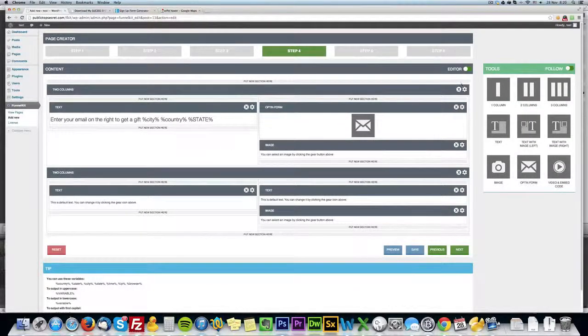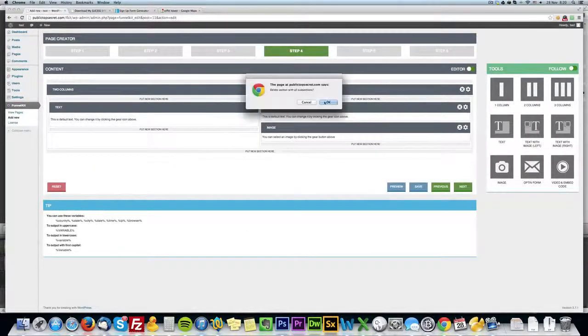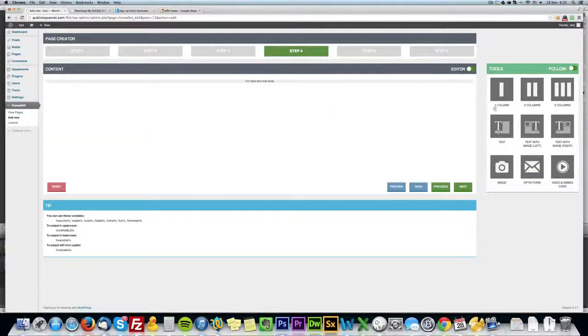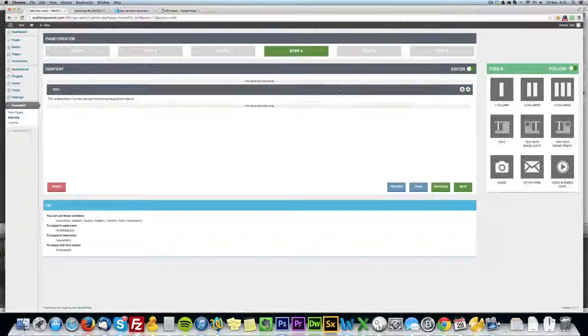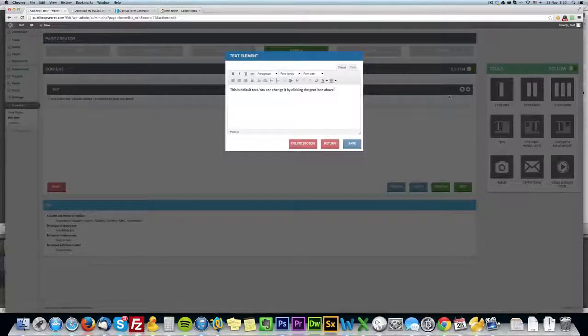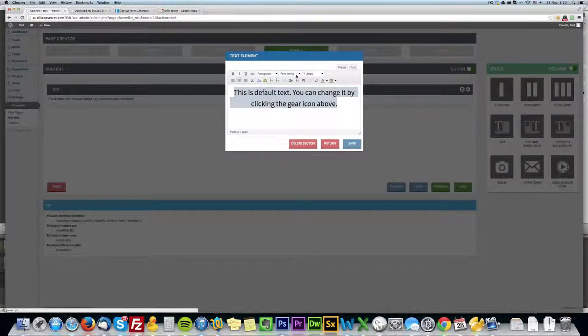Let's go to step 4. Let's delete the column. Let's delete this. Let's add something new. Let's add text, let's say. And the text can say something like, can grab font size 7, font family. Let's go for Tahoma, and we can say this system works in